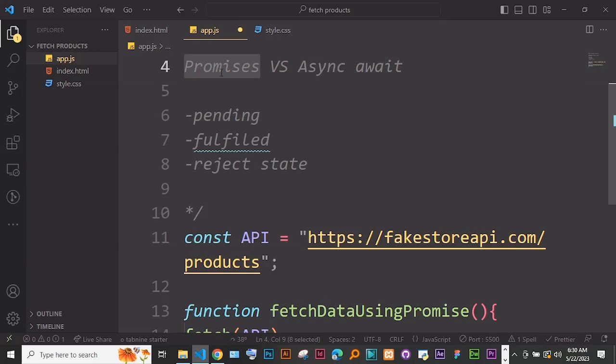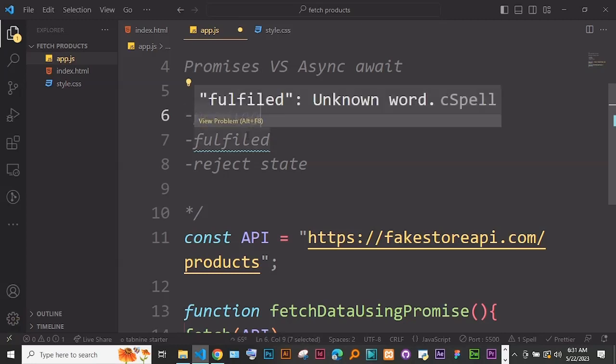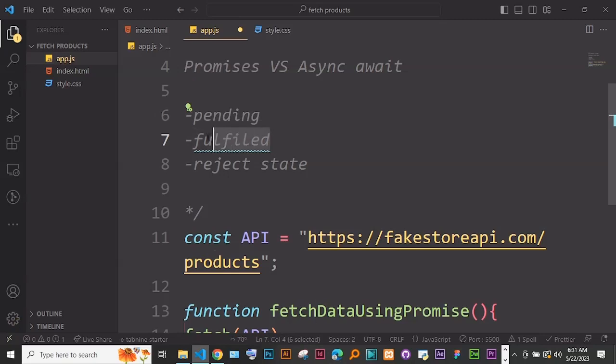The betting company promises that if you win, you will get the money, and if you lose, they take your money. That is the promise made by the company. While the bet is going on, we are in the pending state. When you win, that is the fulfilled state, and when you lose, that is the rejected state of the promise. So the promise has three states: pending, fulfilled,